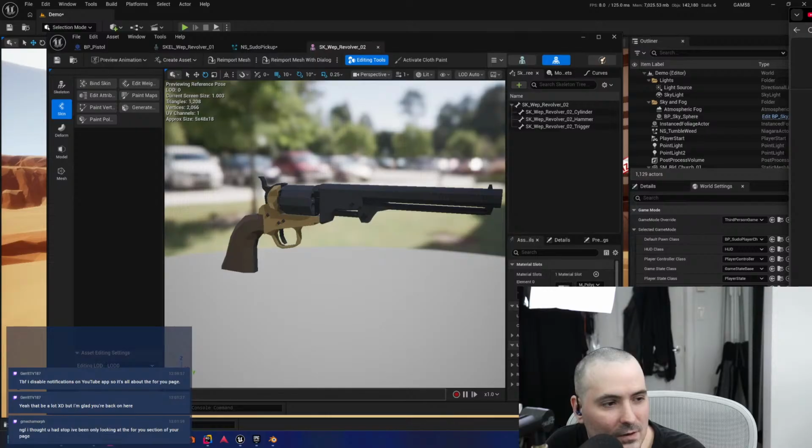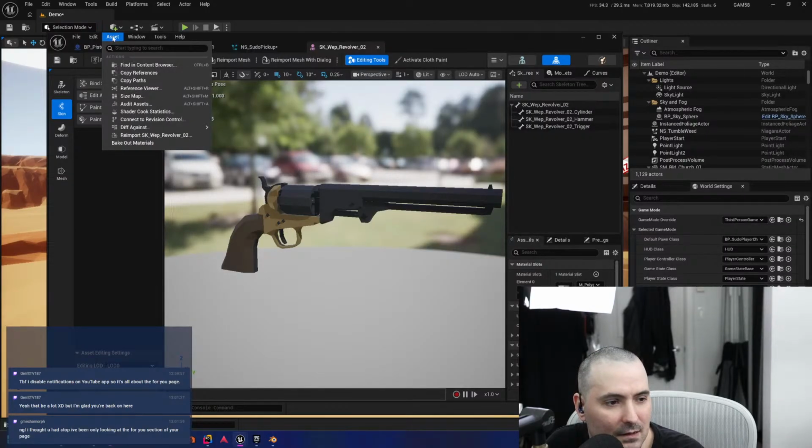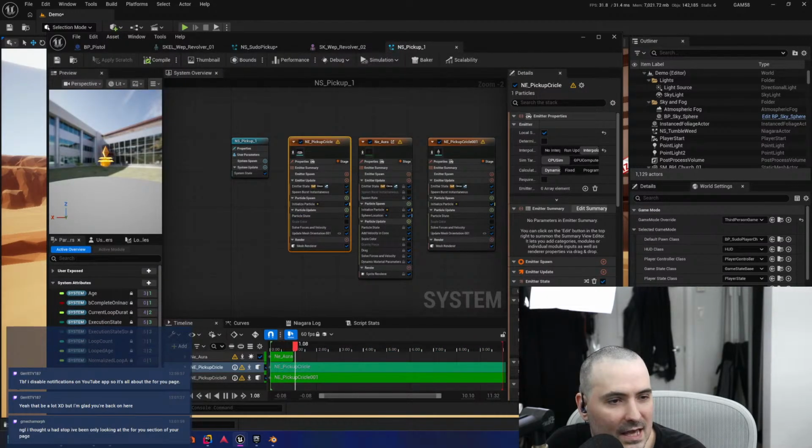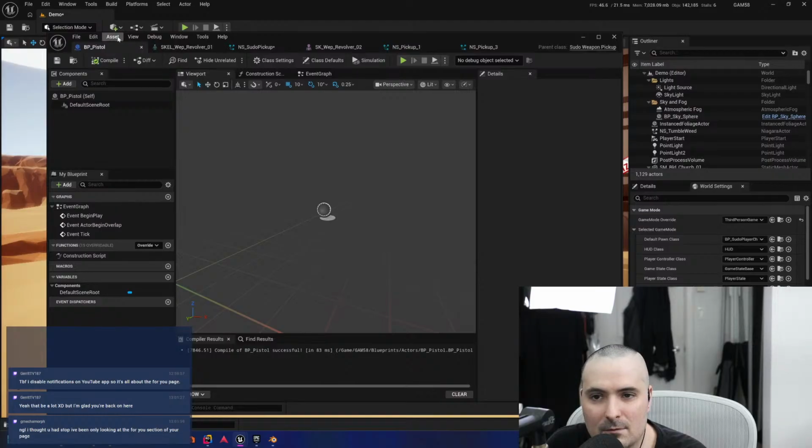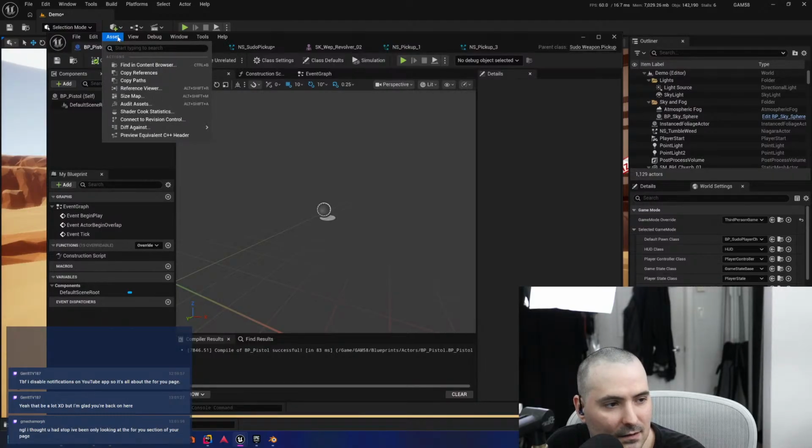Okay, so we have in the top bar, we go to assets. And then that makes it so we can't see things. Beautiful. Okay, so we're on the pistol. We go to assets. Converting a skeletal.